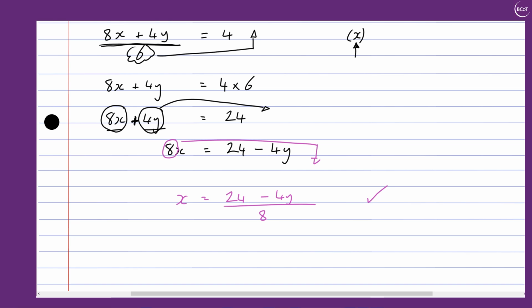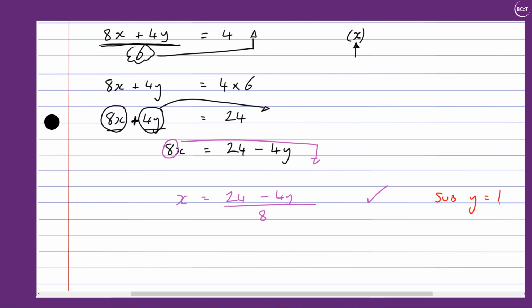So we have rearranged this equation to make x the subject. We don't know what the value of x is, because we don't know what the value of y is. But if we were told the value of y, we'd be able to work it out. So if we were to substitute a number into y, then we could do that. So we may as well do that now. It's a different type of question, but it's still worth doing. If they say substitute,